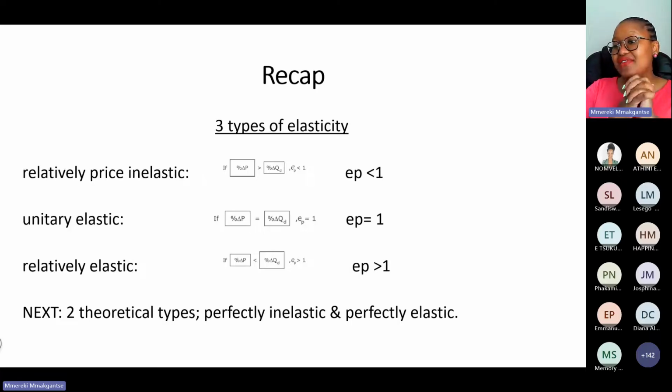And then relatively elastic is when it is elastic, like that rubber from that chicken place that sells hot stuff. I keep forgetting the name. Remember, elastic means that a small change in price